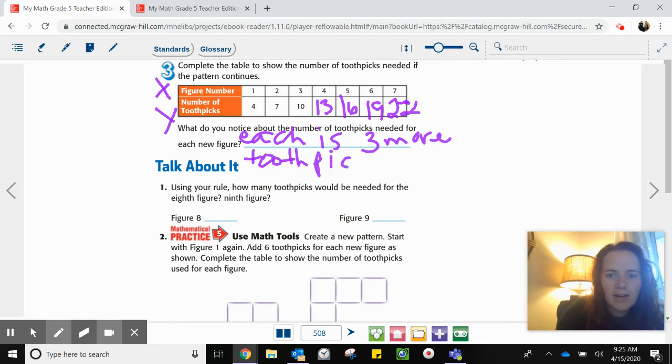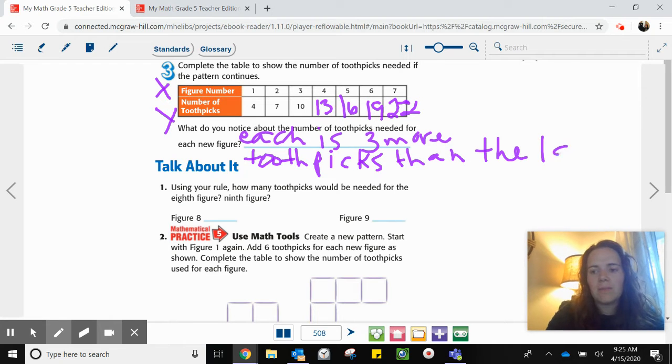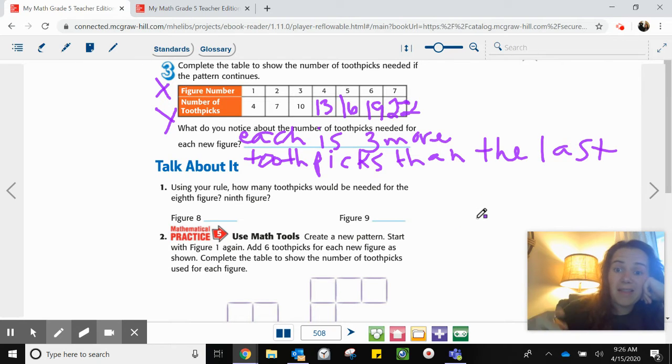This is hard to write on here with a stylus. So using that rule of add 3, if figure 7 has 22 toothpicks, figure 8 would have 25, and figure 9 would have